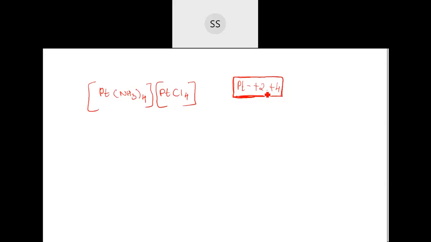If you want, I will name this. See here how to start. First, you will start with this complex part. So 4 NH3 means it should be tetraammine, correct, no? So it will be tetraammine. And then we have Pt, so that is platinum. The common name has to be platinum.